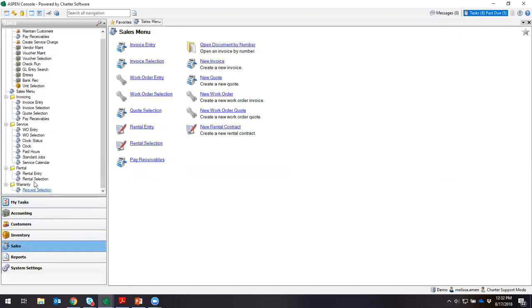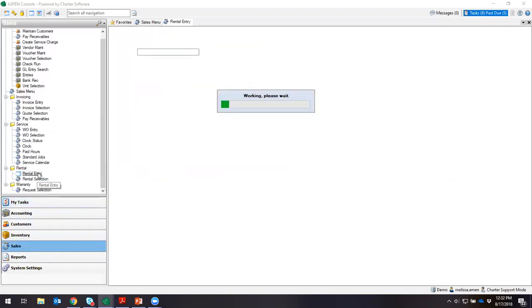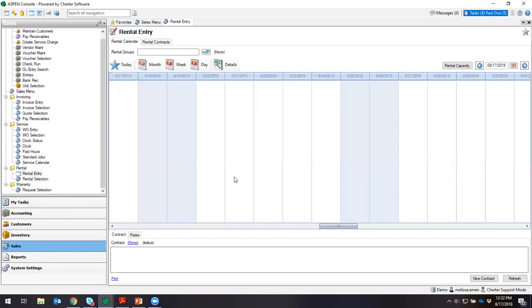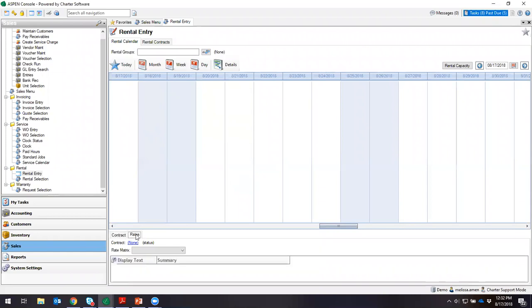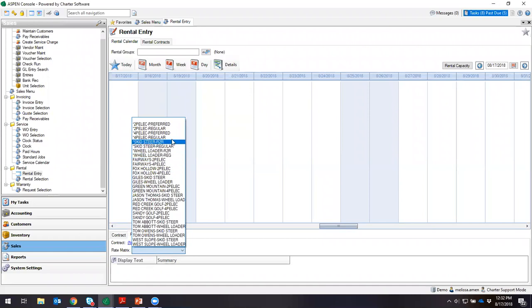This is the screen that you can come to manage the rentals that you have in the system. You can find detailed information about all of your rentals right from this screen. You can also use this screen to quote rentals to your customer. So if you needed to look up a rental rate, you can click on the Rates tab without having to leave your rental management screen, and you can select any rate matrix from the drop-down in order to display those